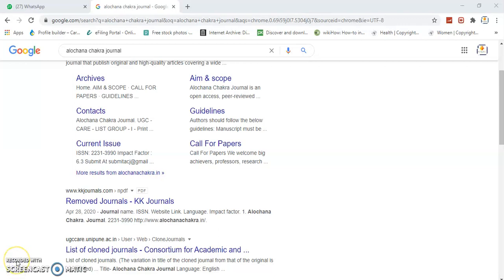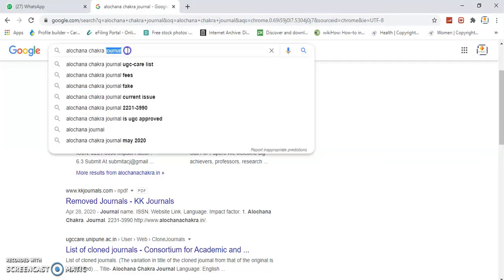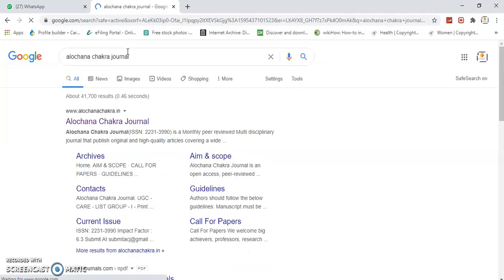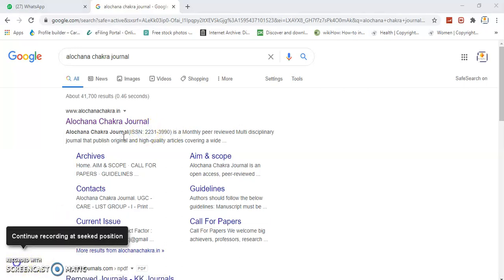So now I'm planning to publish my paper in the Alochana Chakra journal. As you could see, I'm typing this Alochana Chakra journal in Google. I'm taking the ISSN number. Okay, so it is listed here. So next I'm copying this ISSN number,